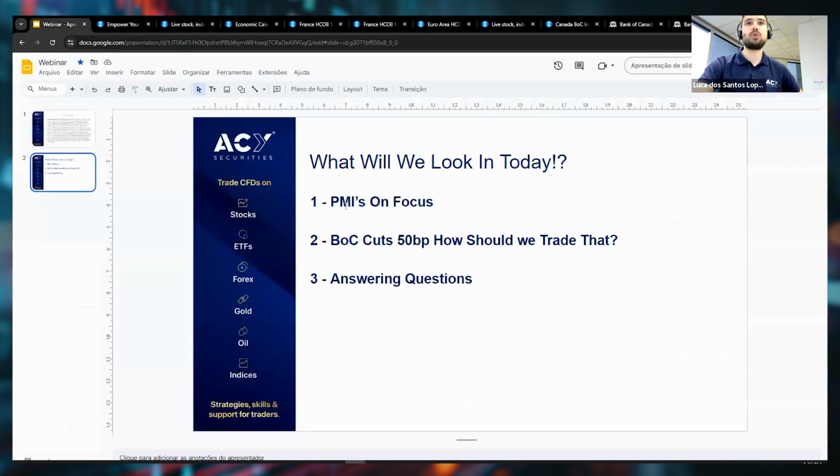topic is, so we've talked about the PMIs in focus. Okay, we've talked about the USA PMI, we've talked about France, Germany, Eurozone. Now we're going to talk about the Bank of Canada having done a cut of 50 basis points, and how should we trade that? First of all, I would like to show some